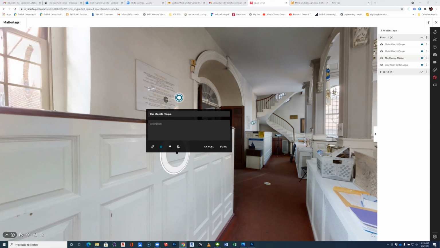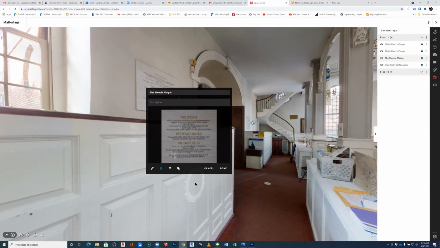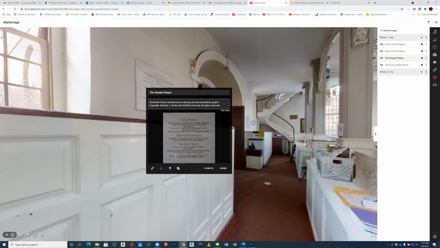Copying the URL to the clipboard, pasting it into the Matterport media URL indicator. And now let's add the description of that file. Description. Close up